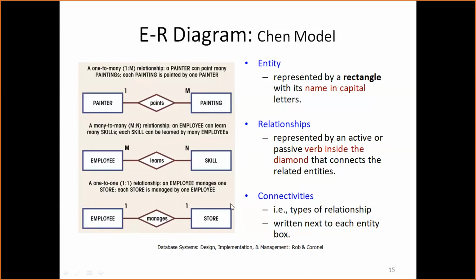So between entities, you can have a one to one relationship, a many to many relationship, or a one to many relationship. And every entity is modeled as a table. So in database design, this becomes one table, this becomes another table, and there is a way to join these two. This model is telling how these two entities are related. So this is one standard. It's called the Chen model, the entity relationship diagram.